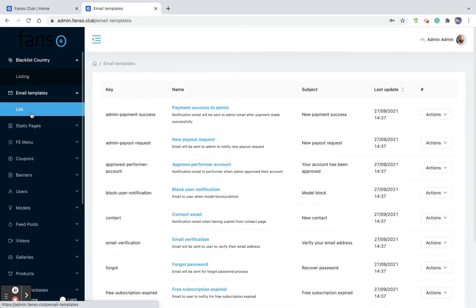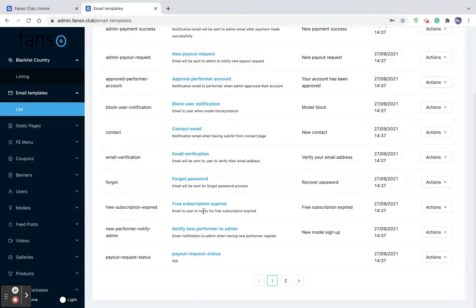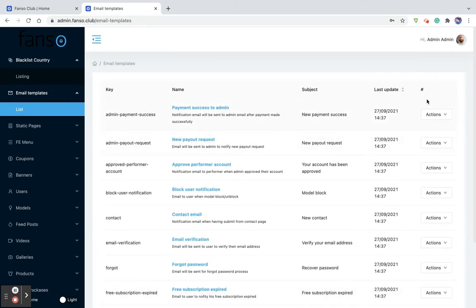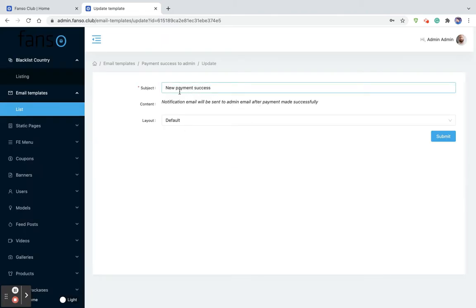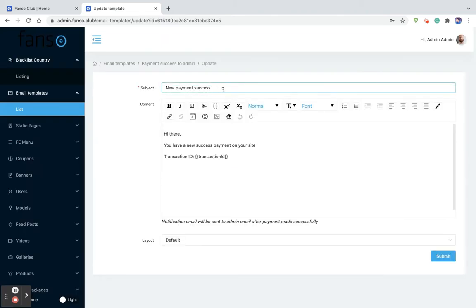Second is the email templates. So the system sends out different email notifications for the users, models for different scenarios. For example, a new registration or a forget password or booking confirmation or payment confirmation for model subscription profiles, everything, right? So all these email templates can be seen over here. And if you'd like to edit a subject line or a body of the email content, you can edit it from here.